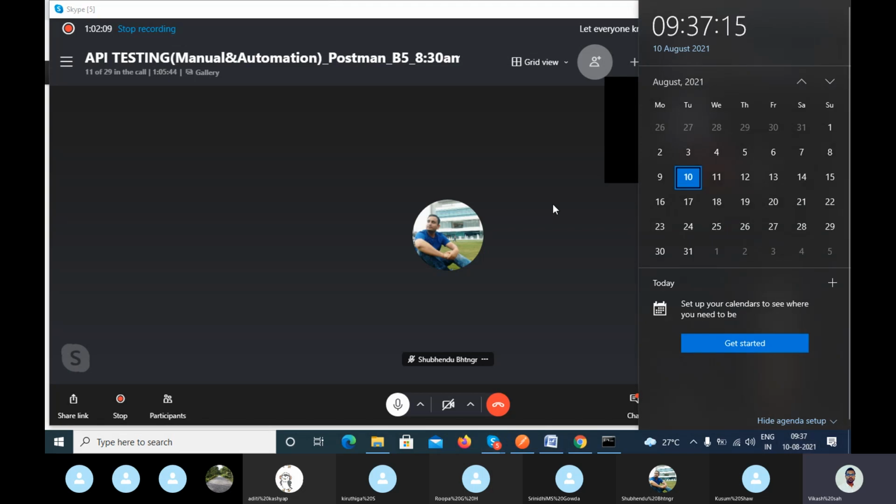Guys, if you don't do the practice, when I switch to the automation side, I will not explain the basic concepts again, because I have spent a lot of time on them. So please do the practice and make the concepts clear.